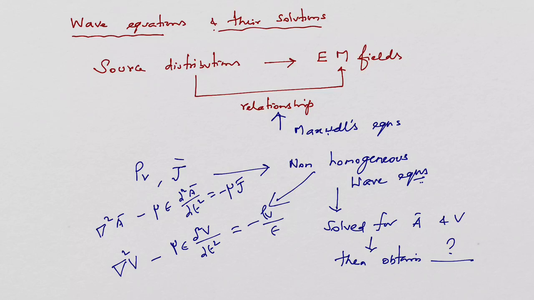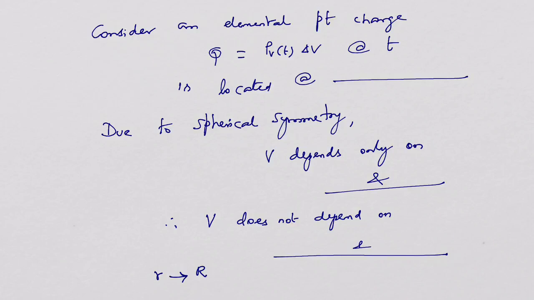Once they are solved with the knowledge of A and V, the fields such as E and B can be obtained, or information about E and H can be obtained. So let us solve wave equations for potentials first. Consider an elemental point charge, q is equal to rho V of t del V at time t,